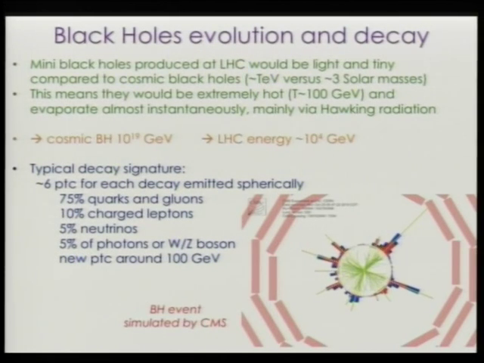Anyway, we are really far away from any cosmic black hole. You see, a cosmic black hole has the energy of 10 to the 19. This was the energy of the early universe. At the LHC, we are at 10 to the 4th. So there are something like 15 orders of magnitude between the energy of the LHC and the early universe. Anyway, this is the machine, the study, that is closer to the early universe than everybody else.